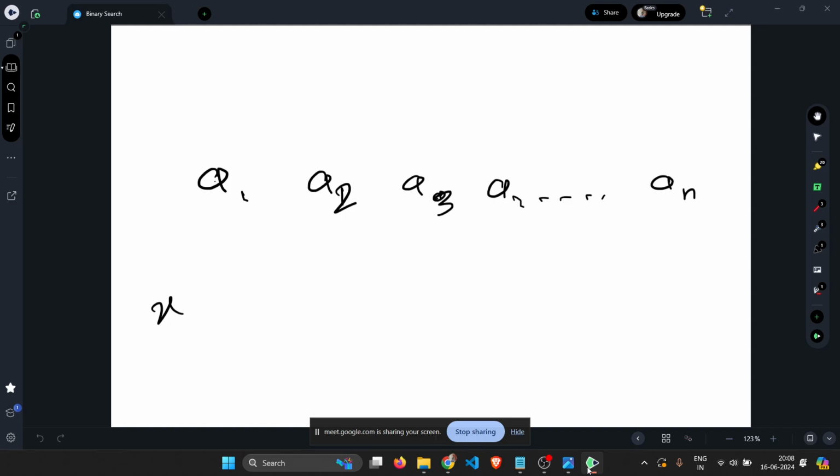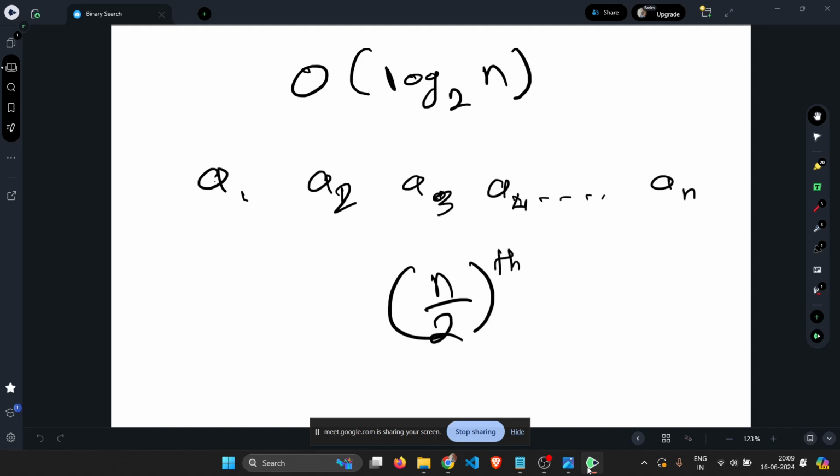One thing we can do is traverse from left to right and see if x matches any of the elements, but that would be linear time, taking n operations since the array size is n. Instead of that, we have a better algorithm, binary search, which will find it in order of log n time. And how does it do that? First we check if the middle element is the same. So we will check the n by 2 element. If it is greater,